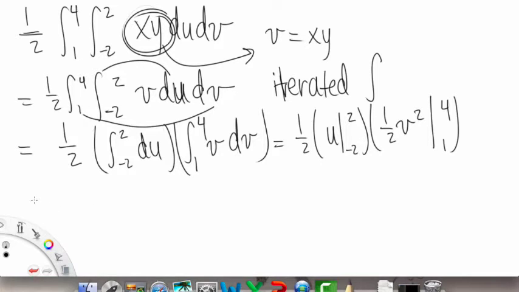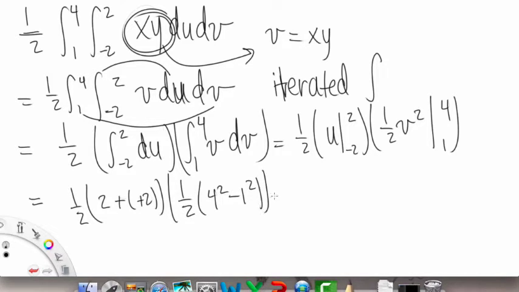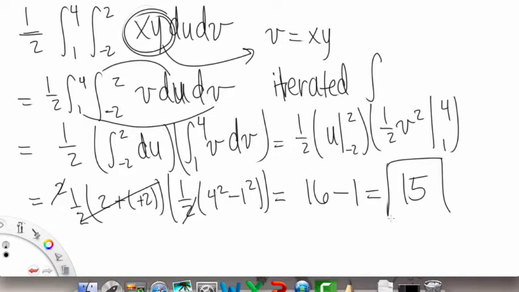So this turns out to be a 1/2 times 2 minus negative 2, so that would be 2 plus 2. Then we have a 1/2, and then v squared, so 4 squared minus 1 squared, and this is 4 over 2, so this turns into a 2, which cancels with this 1/2, so that gives us 16 minus 1, which equals 15. Okay, so that is our answer